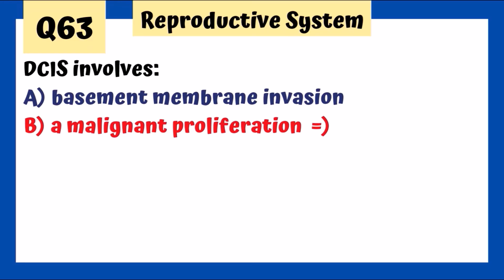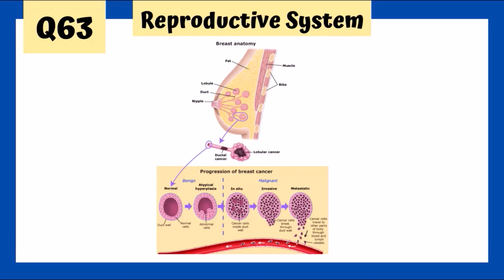And I made a smiley face over here because this was an obvious question. Eventually, when it goes through the lymphatics, we call it metastatic. And by the way, what is DCIS called when it makes its way up to the nipple? That is Paget's disease of the nipple. That's exactly what Paget's disease of the nipple is when DCIS, ductal carcinoma in situ, makes its way up to